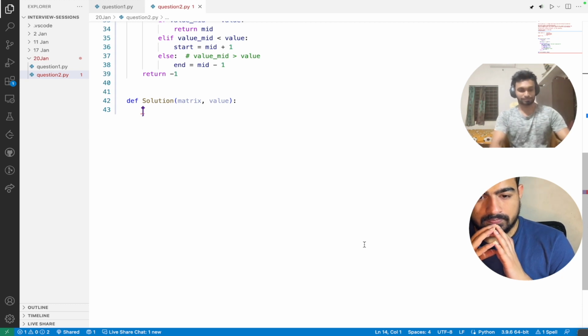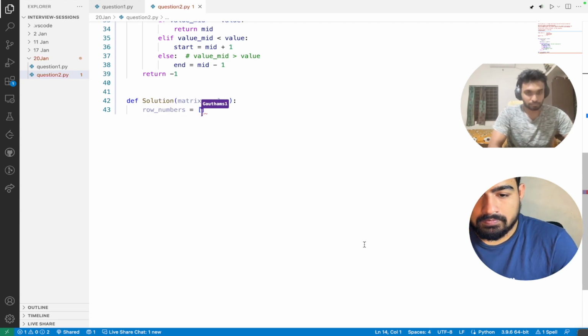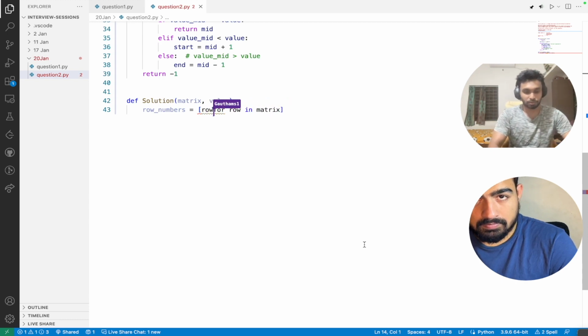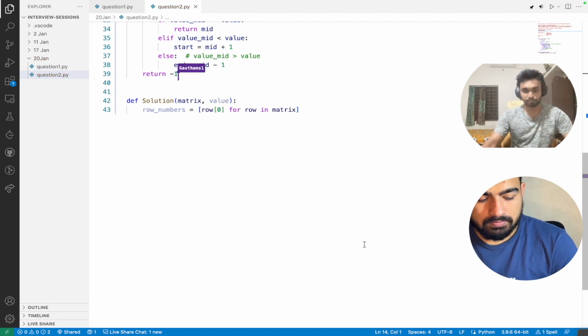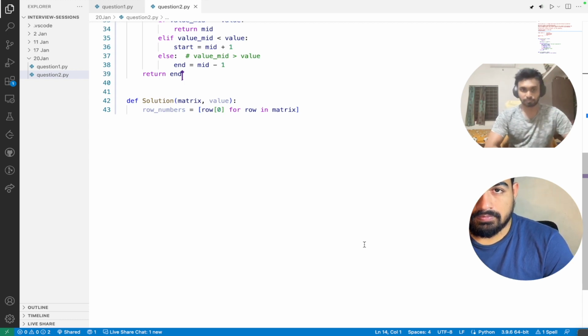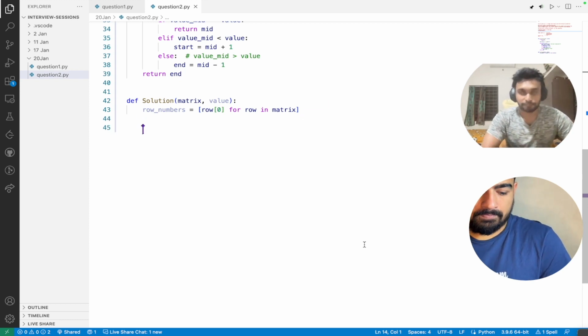So for every row in the matrix, I'm just going to put the row of 0. Okay. So what I will do is